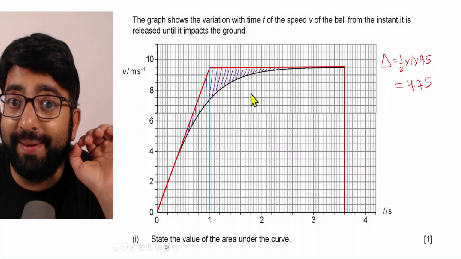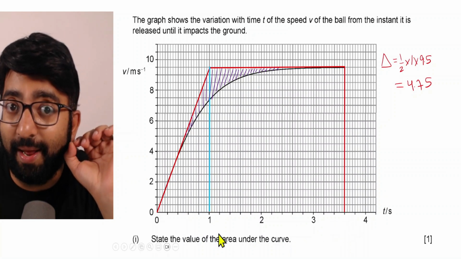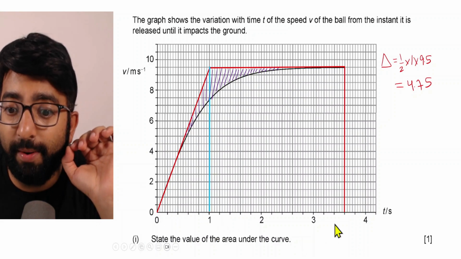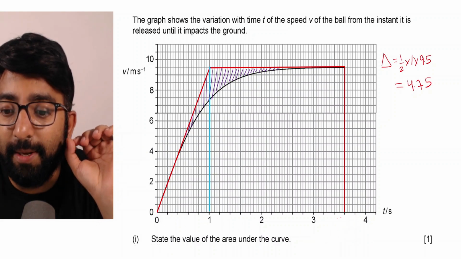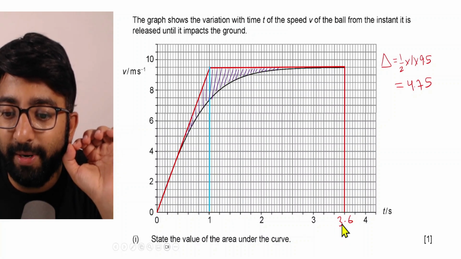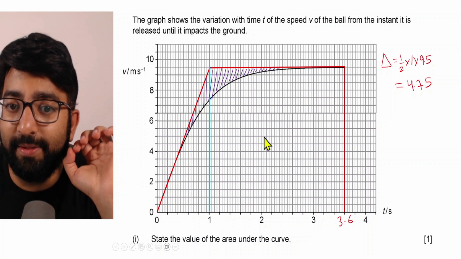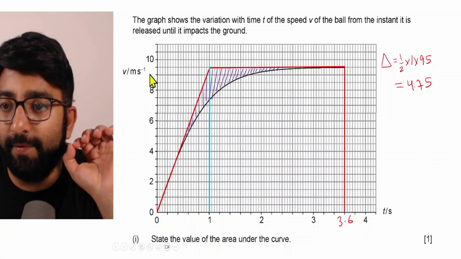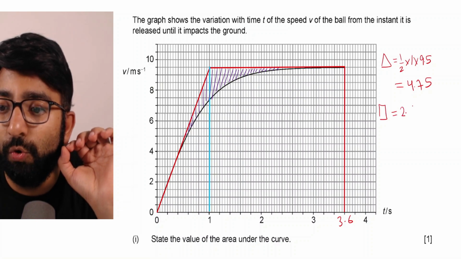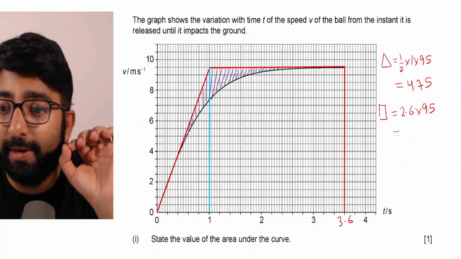Now, coming to this big rectangle, the base of this rectangle we need to identify first. So this point is 1 and the point over here is 3.6. So what will be the length of the base of the rectangle? It will be 3.6 minus 1, which comes out as 2.6. So base is 2.6 and the height of this rectangle is again 9.5. So let's write down the area of the rectangle, which is base into height. Base is 2.6 multiplied by the height, 9.5. And if we simplify this, we get the area as